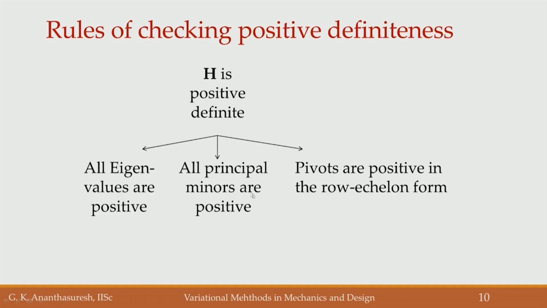The latter two, the principal minors and pivots, are not used that often, because now we have very powerful numerical analysis software which will give you all the eigenvalues. So, that is the best one. If all eigenvalues are positive, then you have a positive definite matrix, which is a sufficient condition for a problem without constraints,